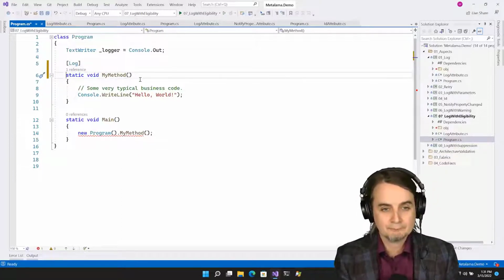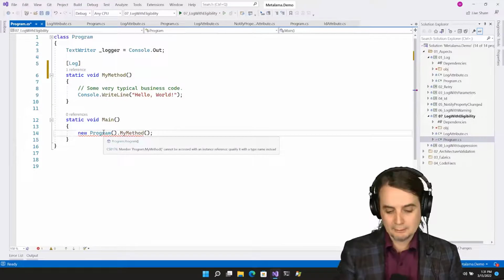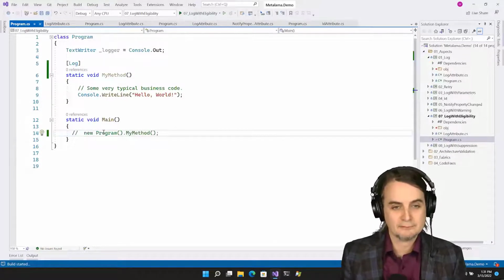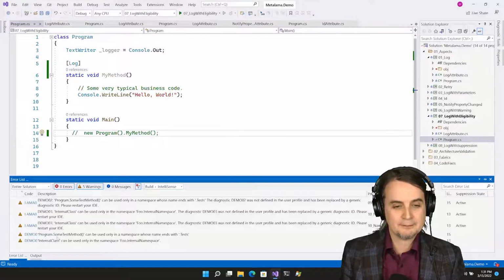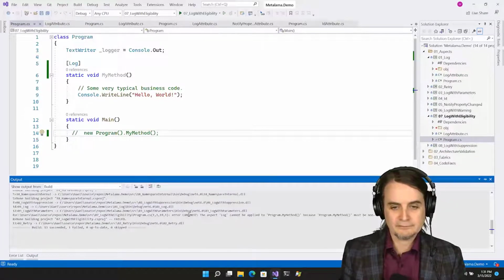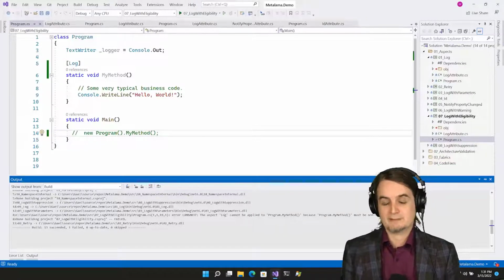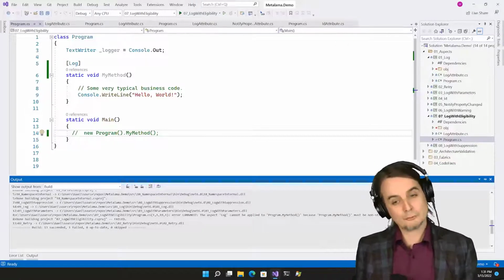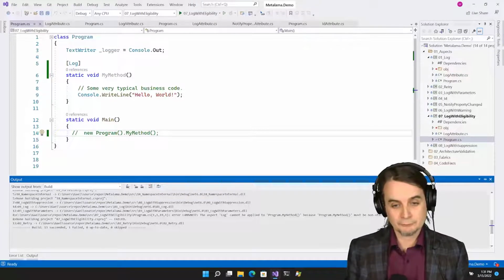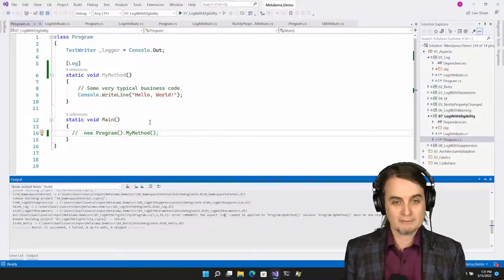In this demo, I will need to compile, since we have a bug at design time for eligibility. But if you compile this, you will see that the build fails because the aspect log cannot be applied to this method because the method must be non-static. So you also get validation for cheap. You don't need to do it manually. So you have two benefits of this.